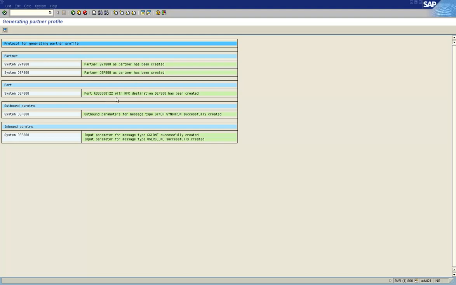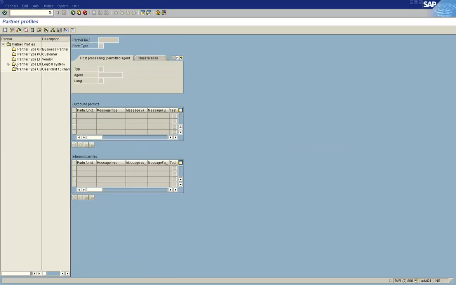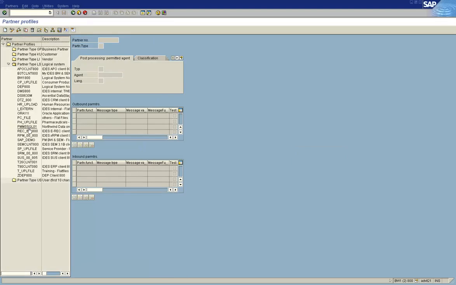Port is created. You can go and check W20 if you want again, and DEP800. Oh, sorry, port is W21. This is W22.